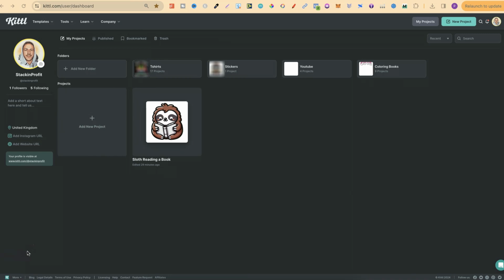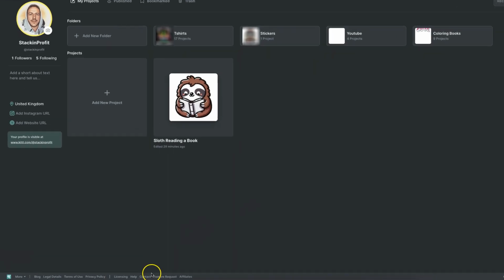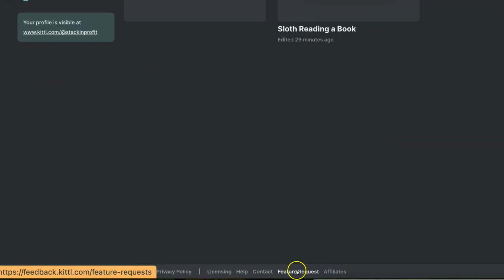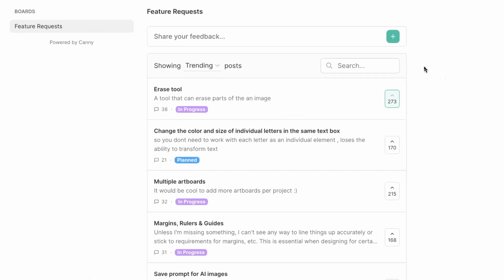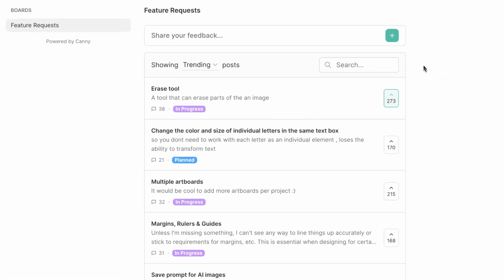In this tutorial, I'm going to show you how to request features here in Kittl. Now, once you're logged in, if we look down here, it says feature request. If we click on there, it's then going to open into a new tab like this. It might also prompt you to log in as well, but once you're here, this is where you can request